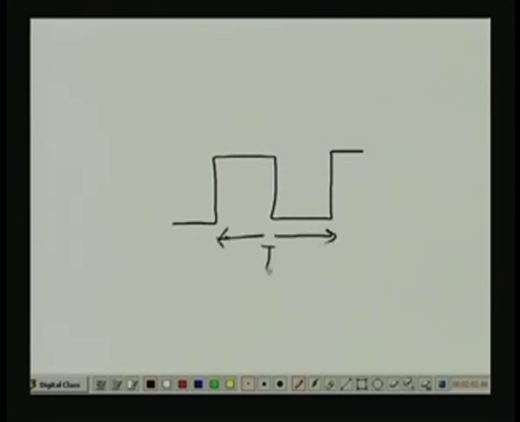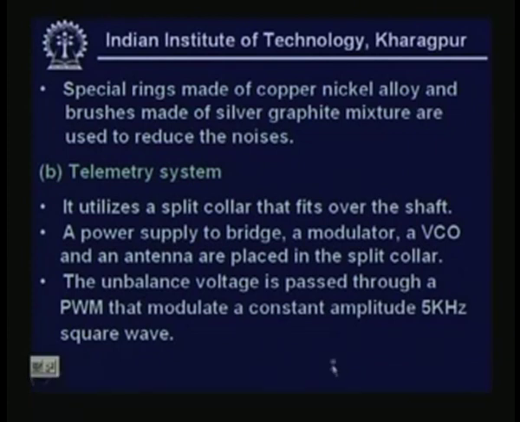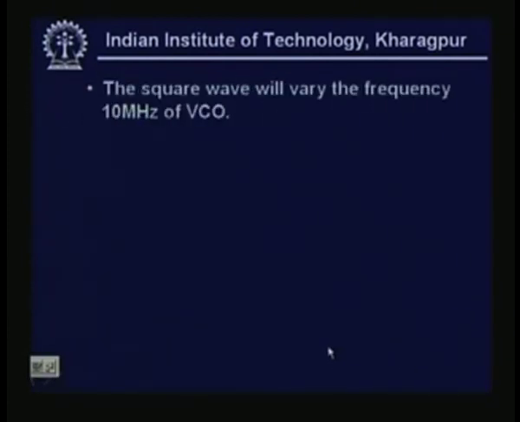That means, if I take this signal, this is T, so F equal to 1 by T equal to 5 kilohertz, right. Now, if I go back, the square wave will vary the frequency of 10 megahertz of the VCO, right,